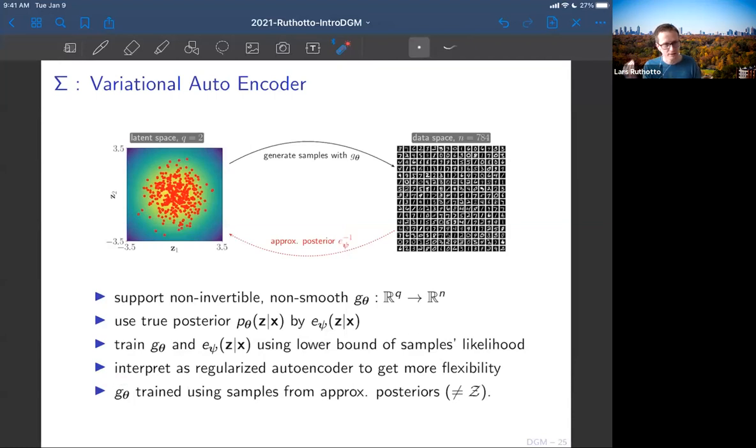You can see this as a relation to autoencoders, which I think is quite interesting, because then you can think about regularizing an autoencoder to get this Gaussianity in the feature space. But the disturbing part is that you train the generator using samples from the approximate posteriors, but not from the latent distribution. And also, as we discussed, there is the difficulty of getting the lower bound really tight by having a powerful posterior model. It's probably a limitation of these VAEs.